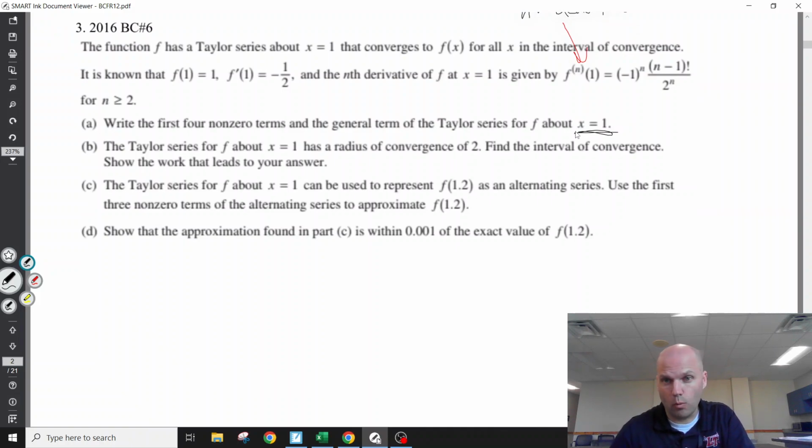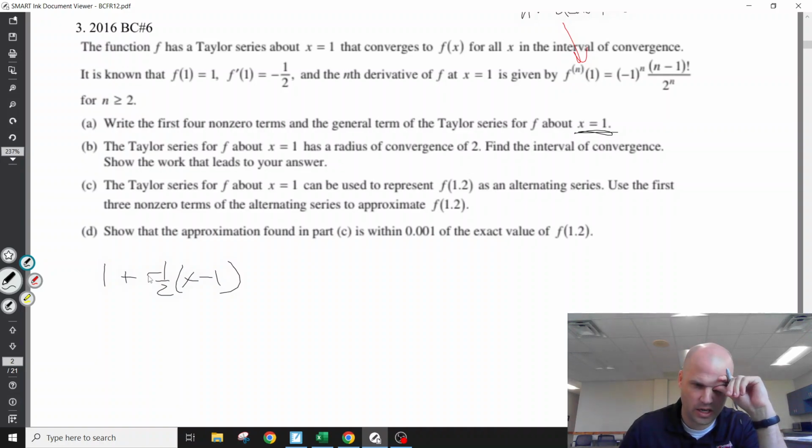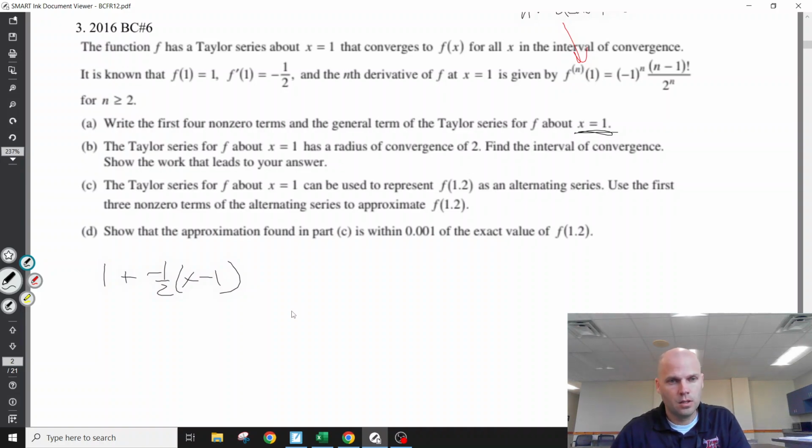Taylor series centered at 1. Don't mess up. F of 1 plus f prime of 1 times x minus 1. Don't forget that. We're centering it at 1. That's like the important point that needs to zero out. Plus, I need my second derivative. So I'm going to plug in 2. 2, 2. It's a positive